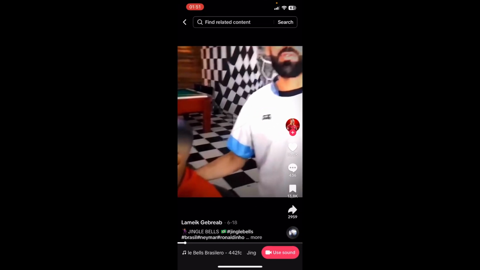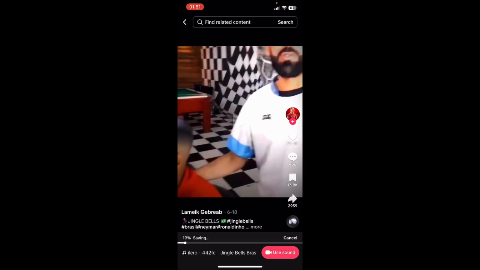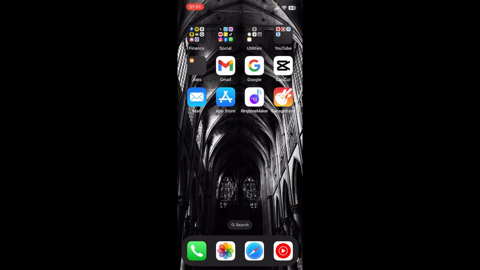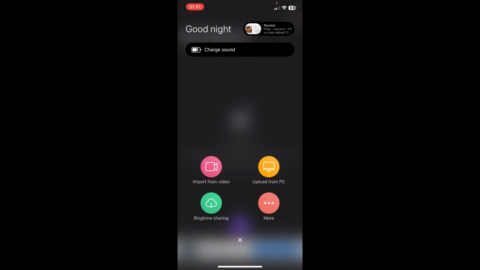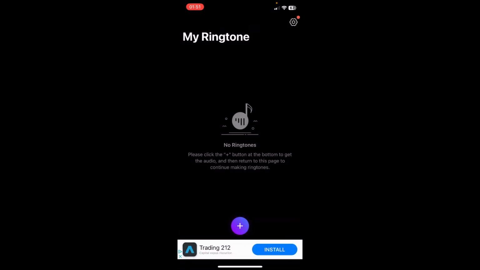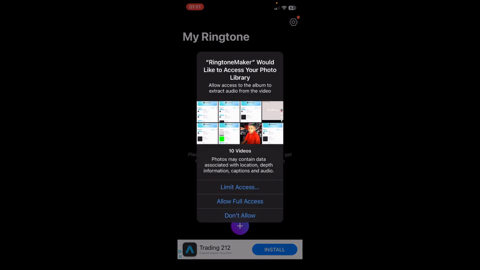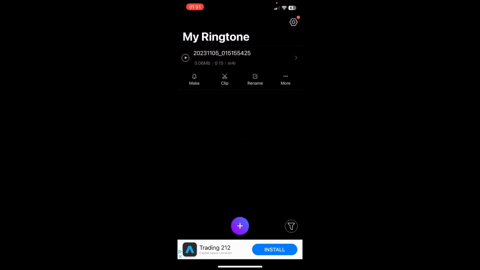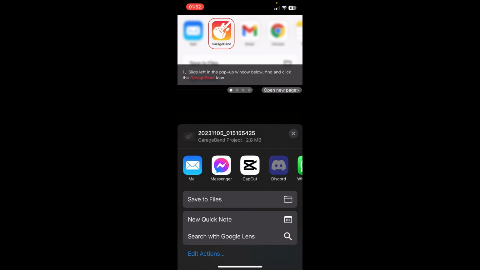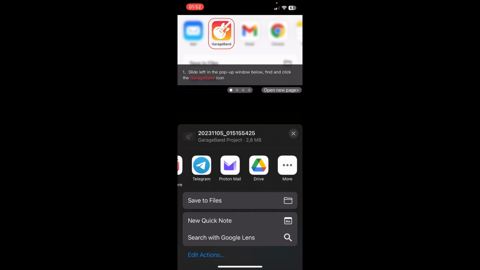And then what you'd have to do is simply download any song. I'm gonna use this TikTok video, so I'm gonna download it and then simply open Ringtone Maker. Now simply tap on the plus button and then tap on import from video, then tap on allow full access, and then I'm gonna choose this one here, and then simply tap on make,